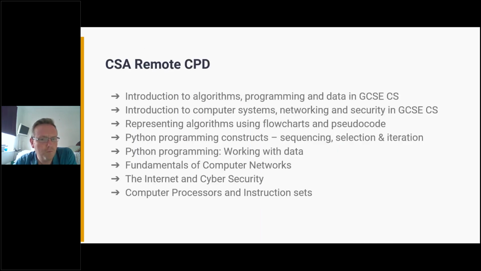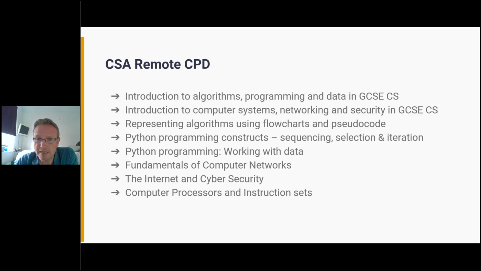So in terms of what the CPD is, I've been talking about online and remote and face-to-face. We've turned quite a lot of our face-to-face courses into remote CPD at the moment. The ones on the screen are the ones that are available at the moment. This isn't the entire offer that we've got, so we do have more courses that we felt didn't lend themselves so well to remote CPD, and they will be available again hopefully next year, from September.